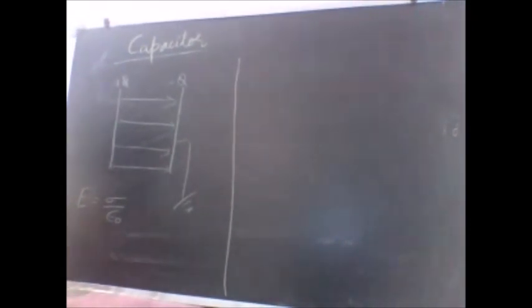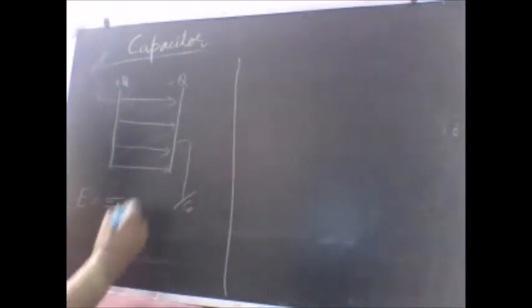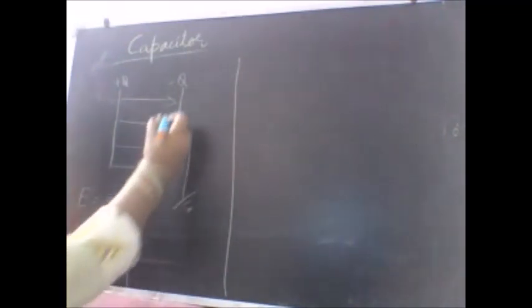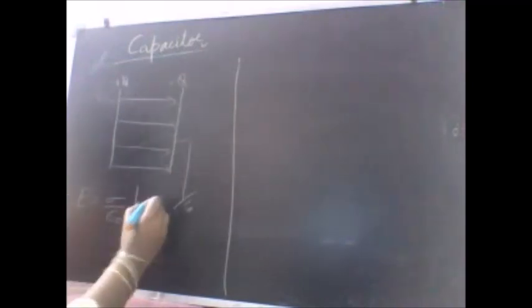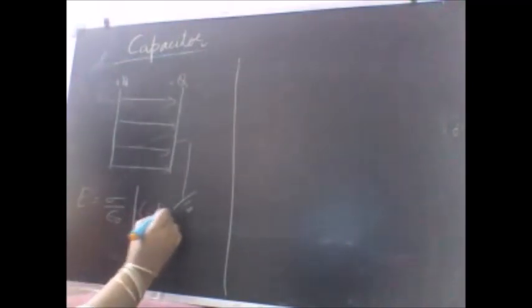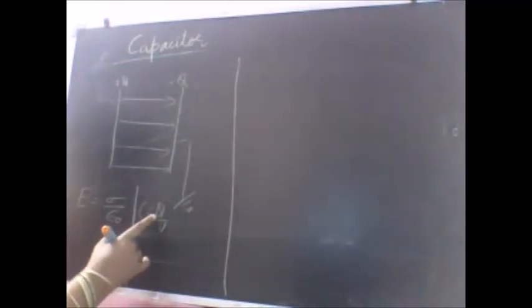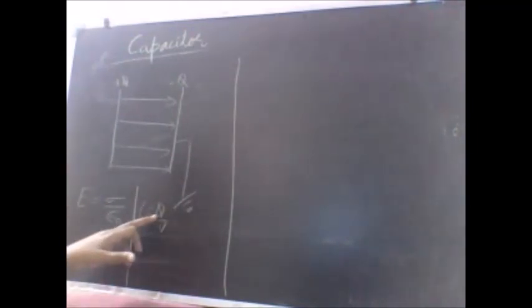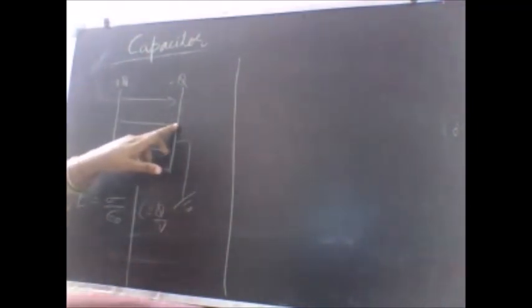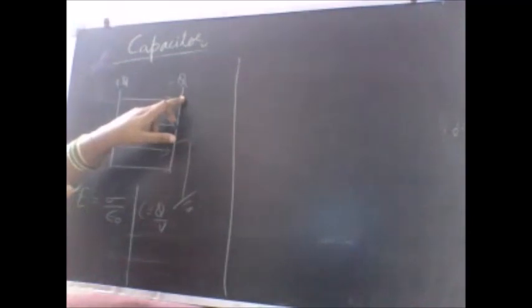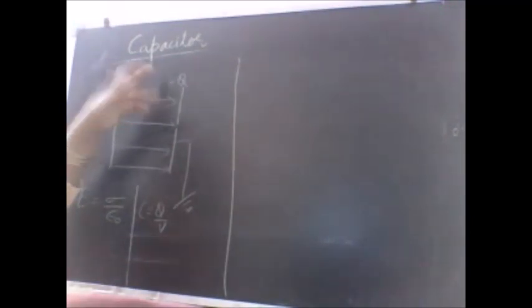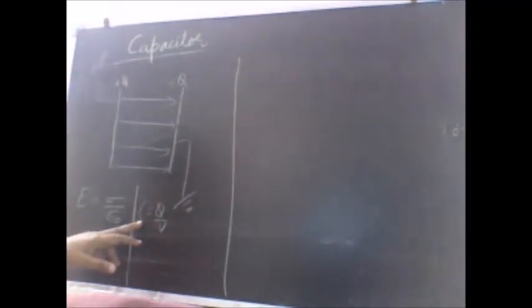Now, since we have to define the capacitance of this capacitor, the formula says that the capacitance of this capacitor is C is equal to Q by V. What is this Q here, children? First of all, is this Q the charge on both the plates? Isn't the net charge on both the plates 0, plus Q and minus Q? So there is no point defining the capacitance that way.